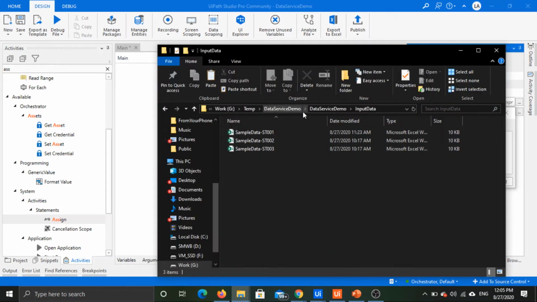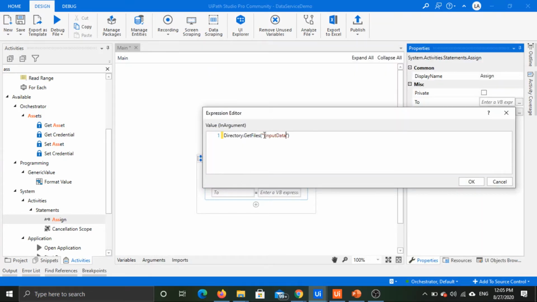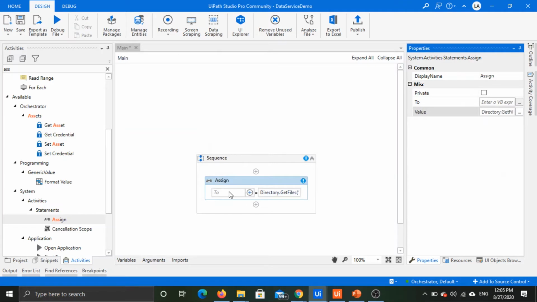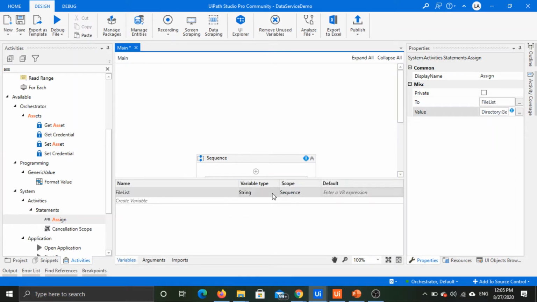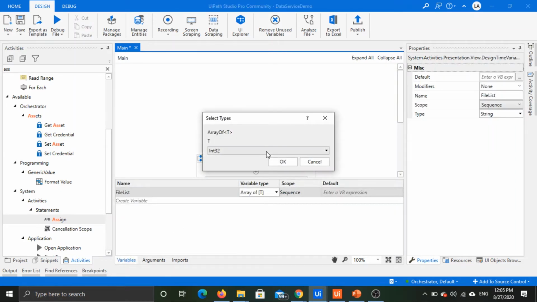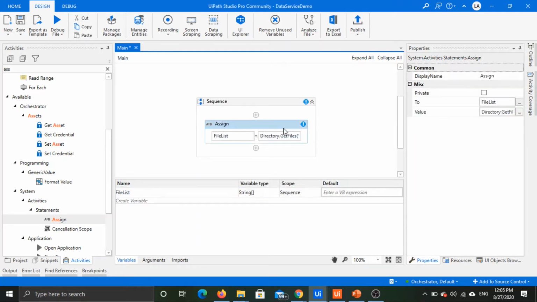So I'll be using the input data folder. This folder is inside the same solution, so I'll be using only that folder name. I'll be taking the folder file list into a file list array, and I'll be changing the data type to string array. And once you have configured that,